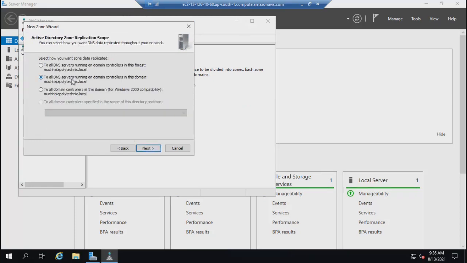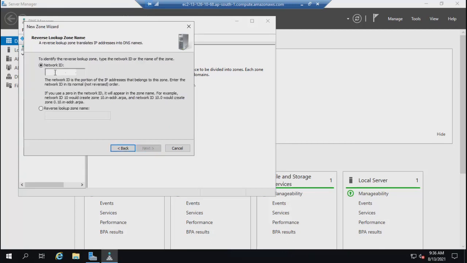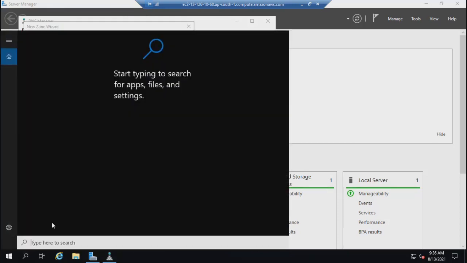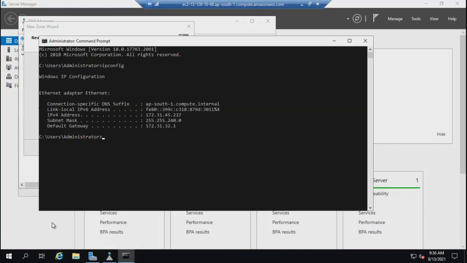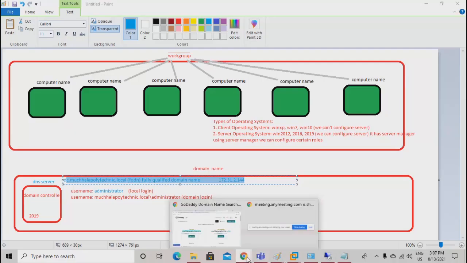Now, to all DNS server, this is default IPv4. And what is your network address? You have to define the network address. The system का जो IP था, what was that IP? .172.31.32. So technically, I can check where this subnet is or what that subnet is.